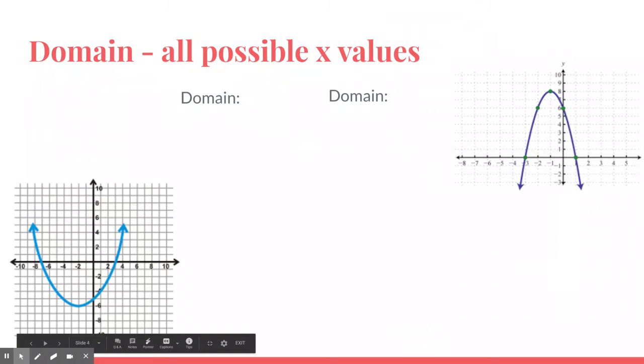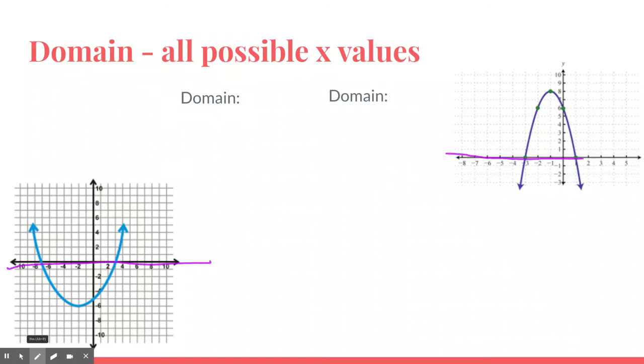Okay, so when we're looking at all the possible values of x, what we have to look at first is the domain. So the domain are all of our x values, our x coordinates. So we're looking at this line right here. If we're thinking about the graph, and we know that this graph, let's change the color back to blue, we know that this graph extends all the way